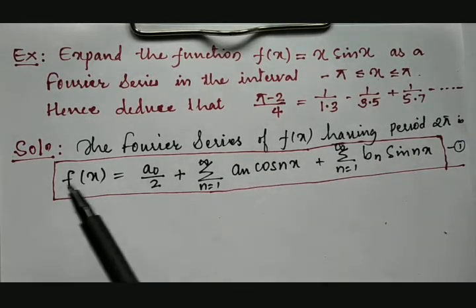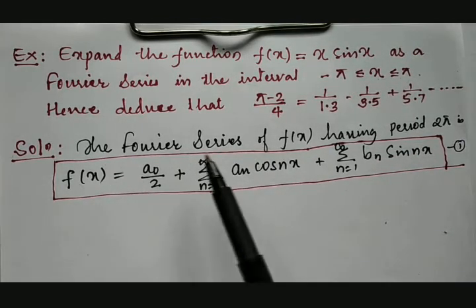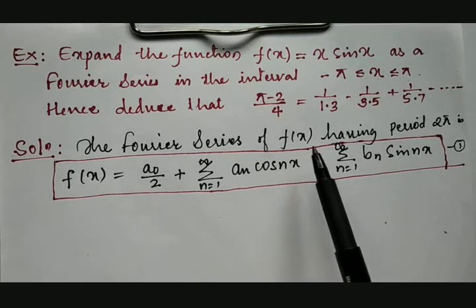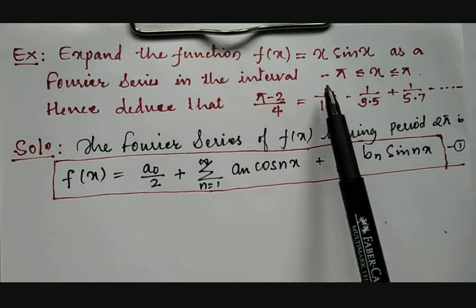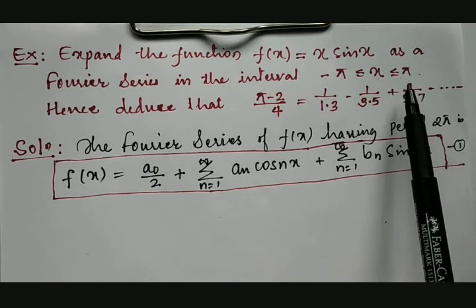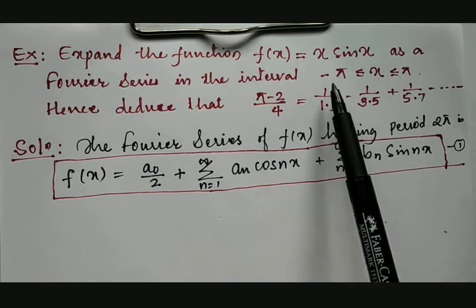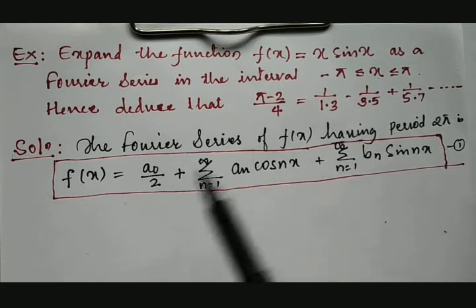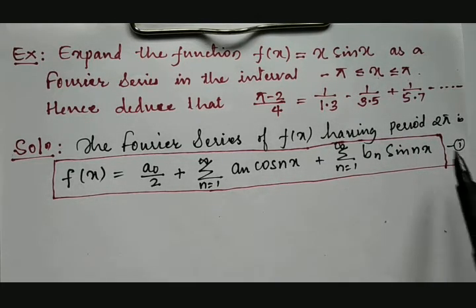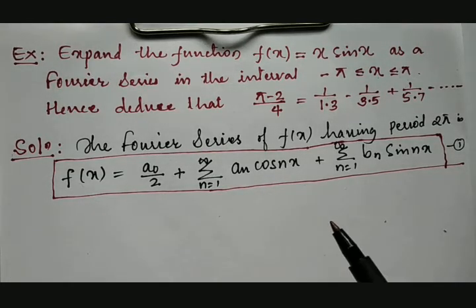For that, what to do? First, we consider the Fourier series of a given function f of x, which has a period 2 pi. We can see here it is between minus pi to plus pi. If you take the final point minus the previous point, it will be pi minus minus pi, which is 2 pi. For that, we have an expansion known as the Fourier series expansion, which says